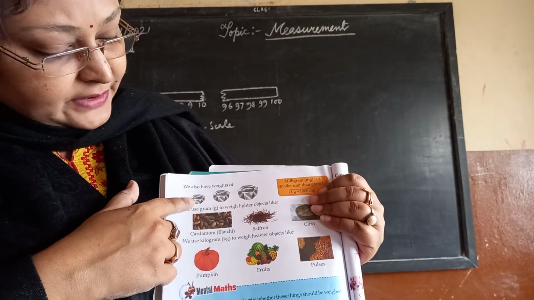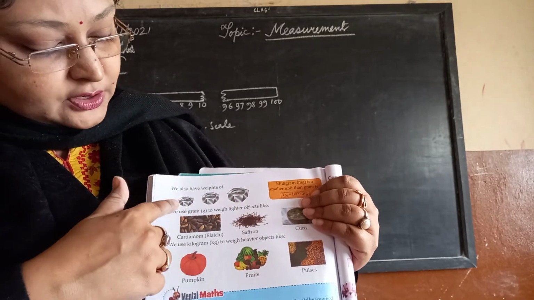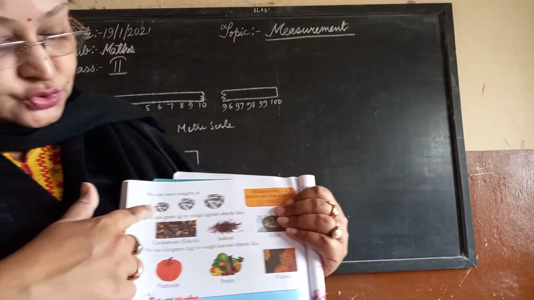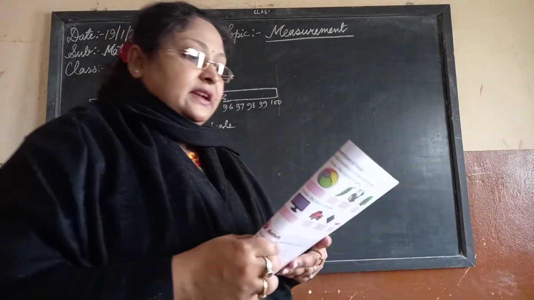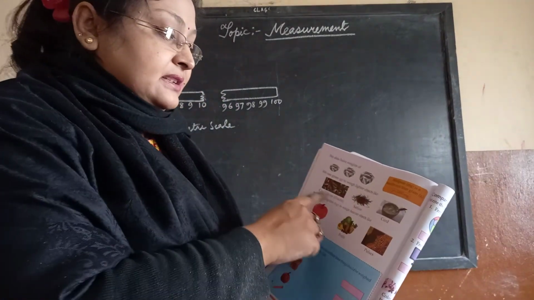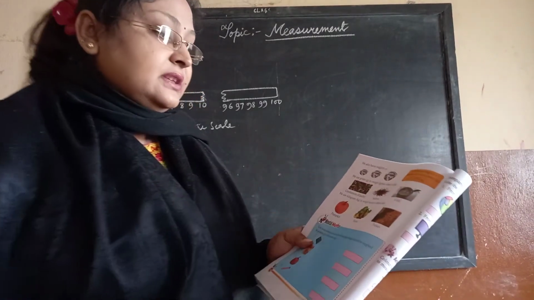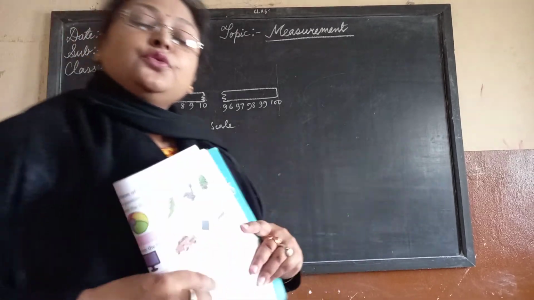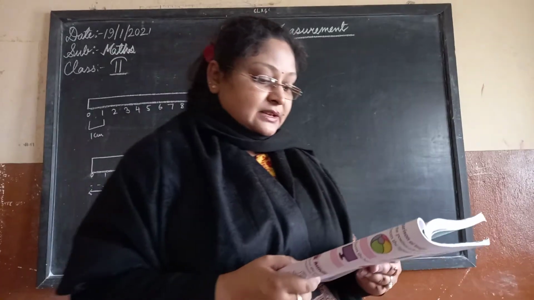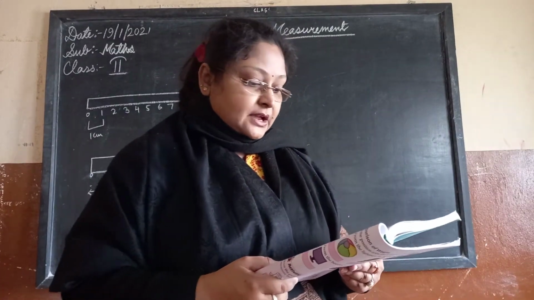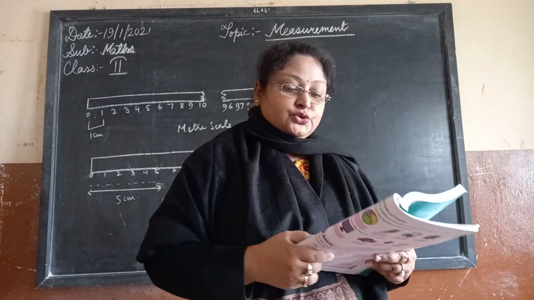We have weights for 50 kgs, 5 kgs, 10 kgs, and for 50 grams, 250 grams, 2 kgs, 1 kg, available in the market itself to take the weight. Now saffron, cardamom, elaichi and curd, then pumpkin, fruits, pulses, all these have certain types of weights through which we can measure these particular things. Now use your estimation and write whether these things should be weighed in grams or kilograms. So the first one I will do for you.